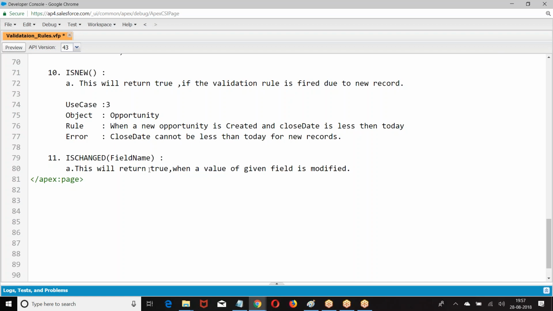This will return true only when the value of a given field is modified. I hope you are clear. Right.